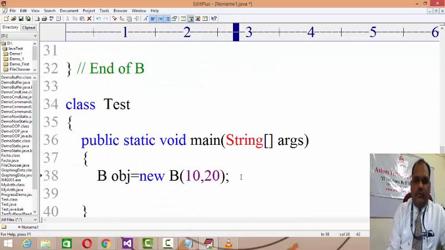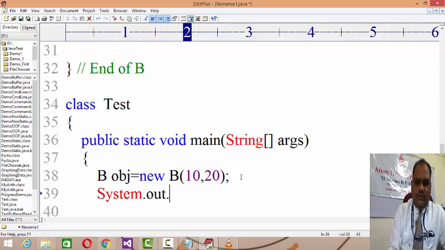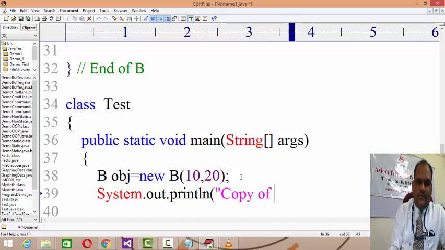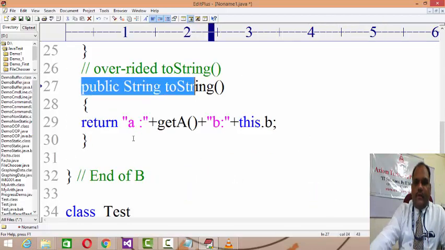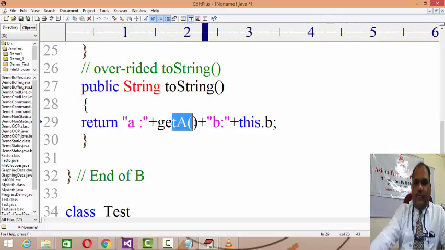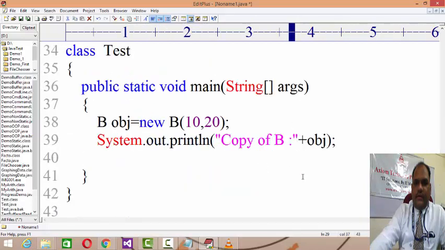And in this manner, if you print with system.out.println, if you try to directly refer to obj and print the copy of obj, it will give a call to its local toString method, and then the copy of A will be printed and the copy of B will be printed, right?